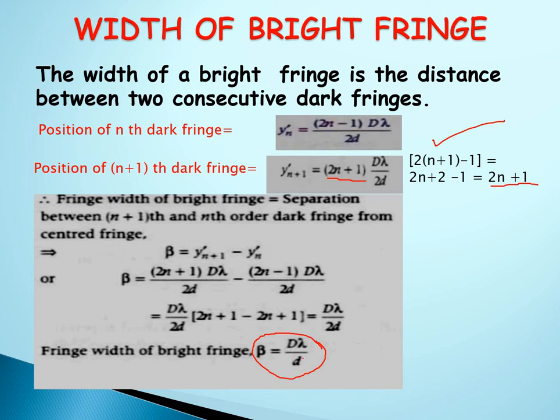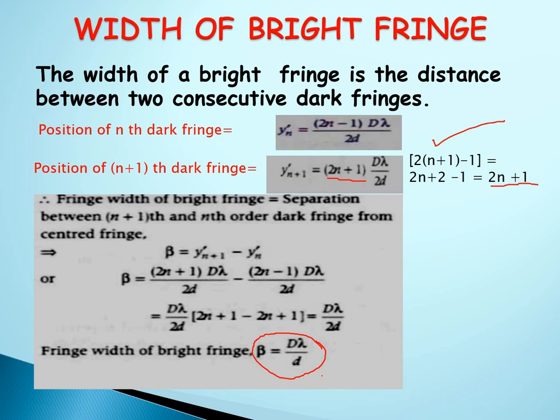Then if the 2 coherent sources are brought closer, what happens to the fringe width? That is, d becomes small. When d becomes small, beta will increase. Then if we have a specifically stated monochromatic source of light, and blue light is replaced by red light, what happens to beta? You should compare their wavelengths. Wavelength is more for red. Like that you can get any number of application level questions from this.